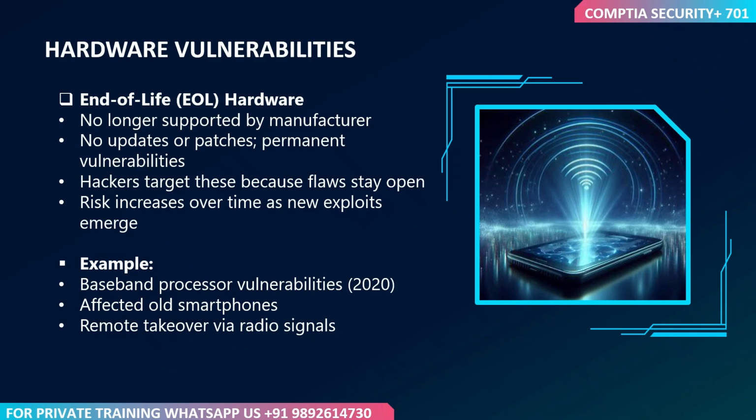What's even more worrying is that the baseband firmware is rarely updated directly by the users, and many older phones, especially budget models, never received patches. So once again, we had a hardware level threat affecting a massive number of devices with limited options for users to defend themselves. This shows us that even modern devices, if not maintained or patched, can become just as risky